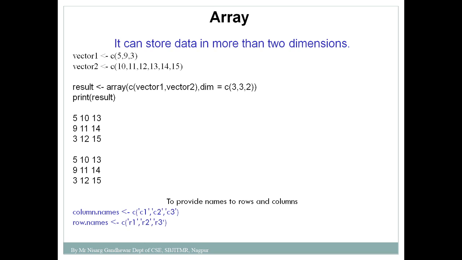And you can also provide names to the columns. How to provide the name to a column? You have to use colnames. Here C1, C2, C3. Like this you can create one vector of characters C1, C2, C3, and you can assign the names to the columns. Similarly you can assign names to the rows by using this particular command, rownames, then C of R1, R2, R3. This is again a vector of R1, R2 and R3. So this is how you can assign names to the columns as well as to the rows. So this is what the data object called an array is.